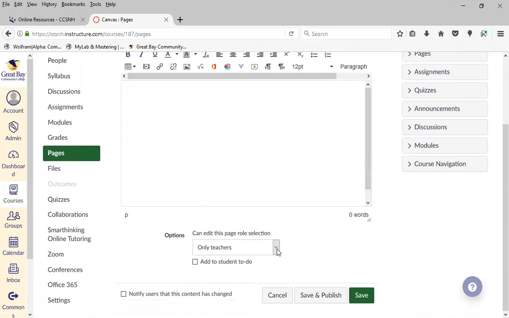notice about pages too is that you can have one of your pages designated as your home page. So we talked about home pages earlier. The default is to have the modules page be your home page. If you prefer to have your own nice customized home page with images and a welcome, directing students to go to the syllabus first and then this next, and so on,